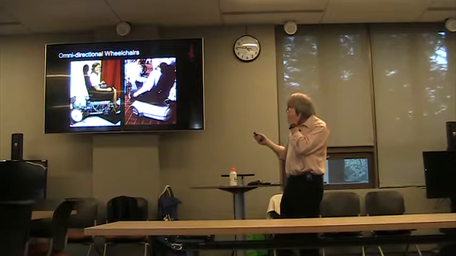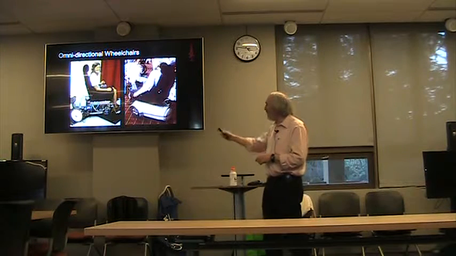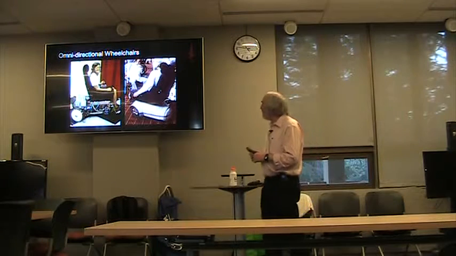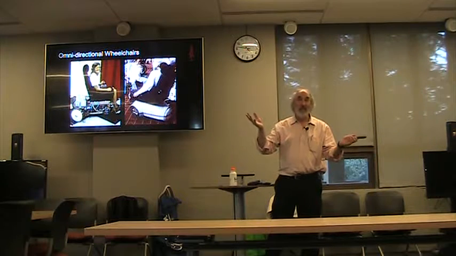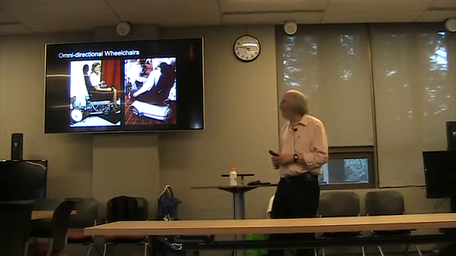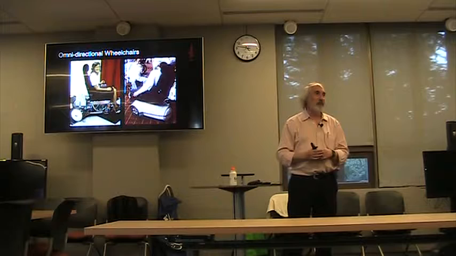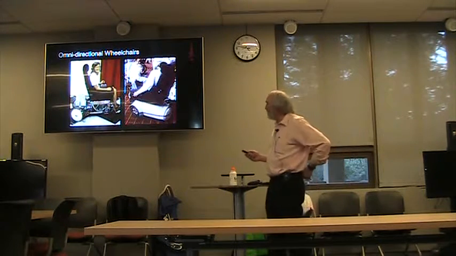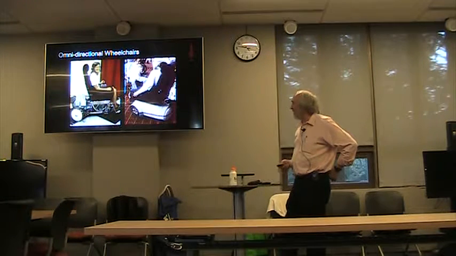The one on the right was the next design that we did at the VA, a little bit different wheel concept. The designer thought it was important to have a Recaro racing seat on it because of the aesthetics, okay? And it had a force-sensitive joystick on it, and it worked really nice, and they came very close to getting it commercialized, but it was still going to be a lot of money, so I don't think anybody has an omnidirectional wheelchair in the market. This one was called a Lexus.